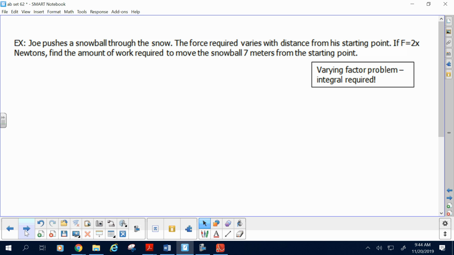What pushes a snowball? Now, because it's a snowball, the amount of force required is going to change. Okay? The force required varies with distance from the starting point. If the force is 2x newtons, find the amount of work required to move the snowball 7 meters from the starting point. So, big idea of both physics and calculus is work is the accumulation of many force